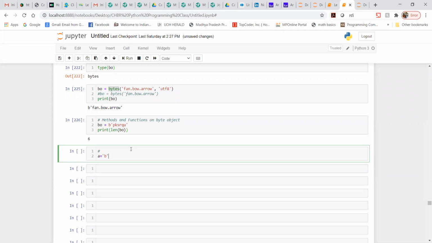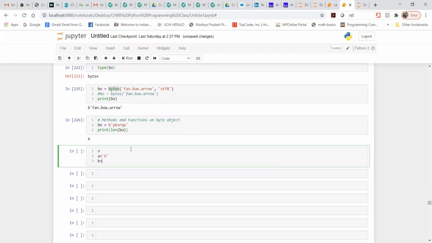Let me write like this. And b is equal to, sorry, let me write b here, and then b again.